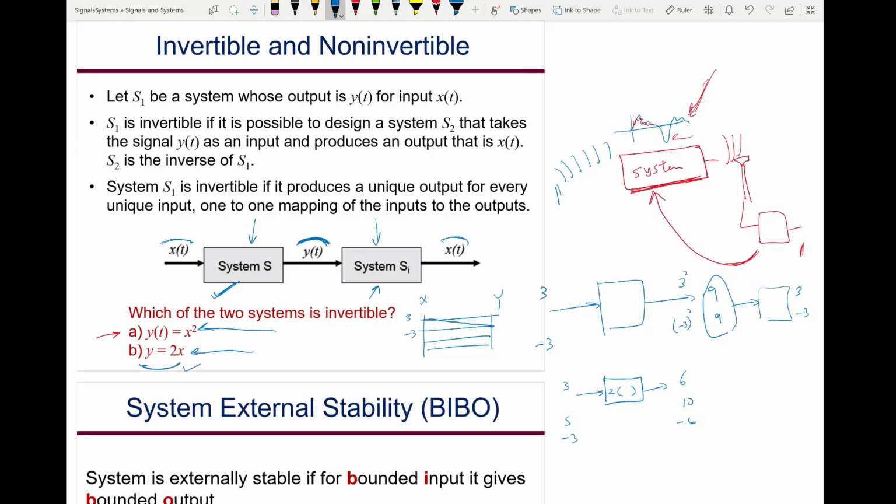And what is the inverse of this system? Is it just a 10-weighter? I just take the output and I amplify it by half. All right, the final